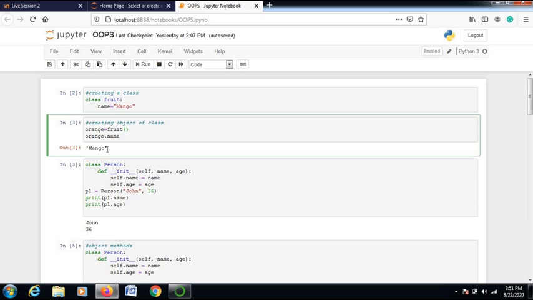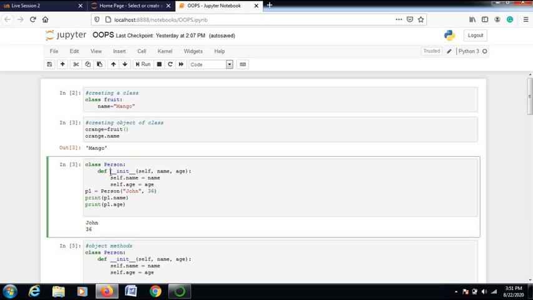Next I'll use a class called Person, and in this class I want to explain the init function. It is the built-in function which is automatically called when you make an object of a particular class.